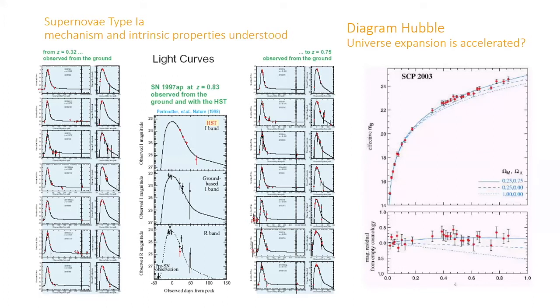So this is the tricky part, and we don't have that many supernovae exploding anyway. So we need a very good monitoring strategy. We sweep all the sky to try to observe as many type Ia supernovae as possible, and therefore